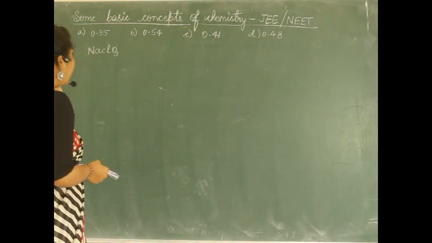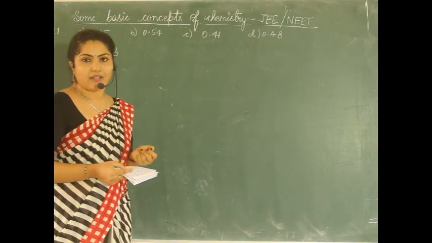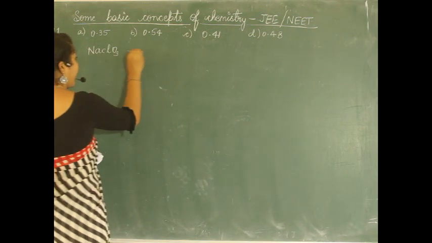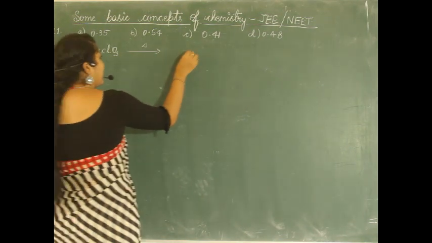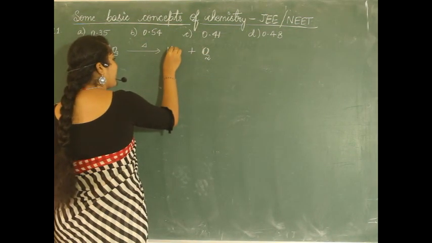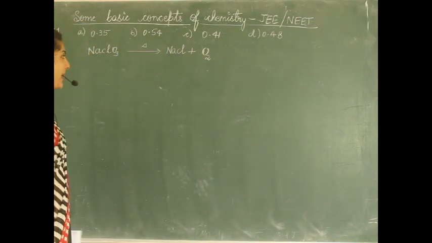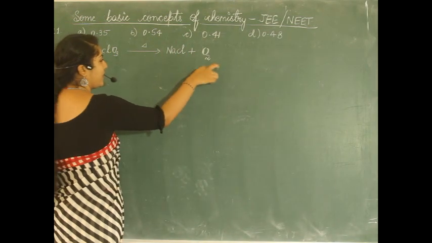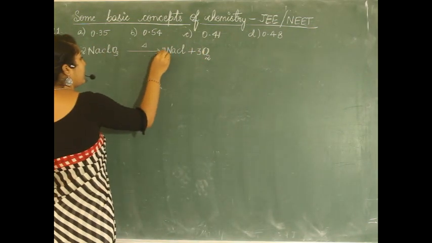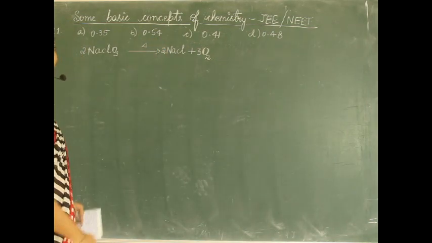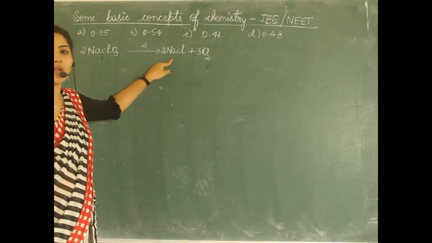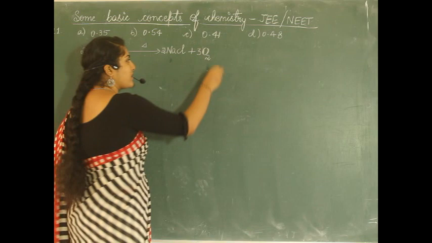We shall see the chemical reaction that follows so that it will be clear to us. So what is given? Sodium chlorate, when it is heated, loses oxygen along with the formation of sodium chloride. Let us balance this. Here 3 oxygen, here 2, so let me write 3 here. To balance, I'll write 2 here, 2. This is the reaction. On heating, oxygen is lost and sodium chloride is the residue. It's obvious, right? Oxygen escapes.